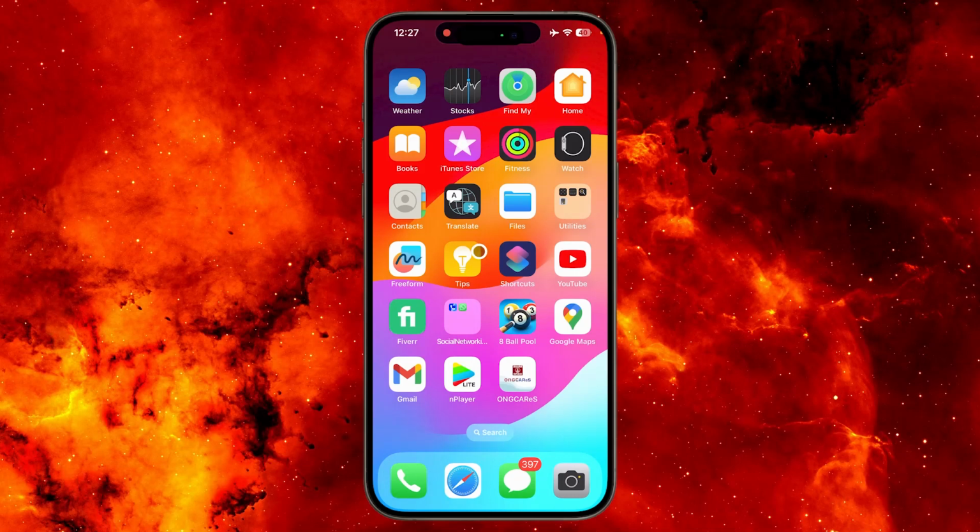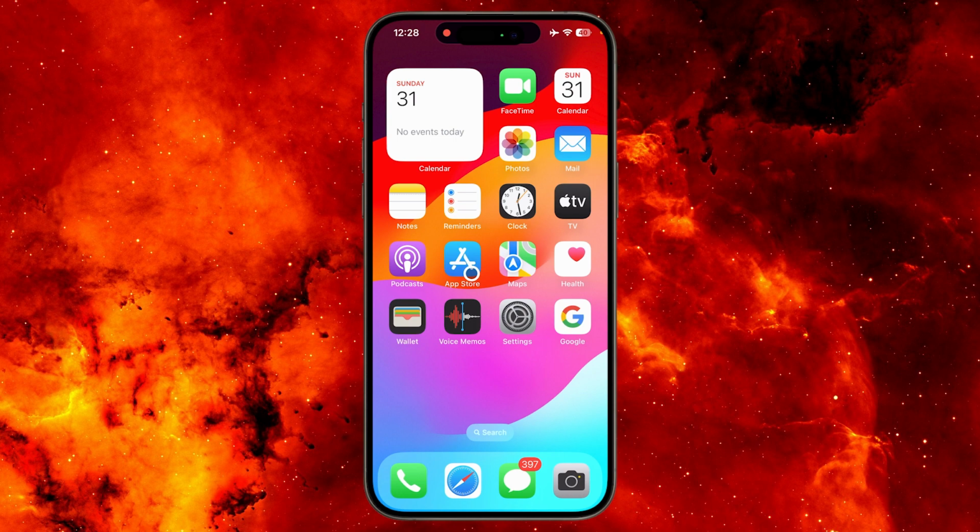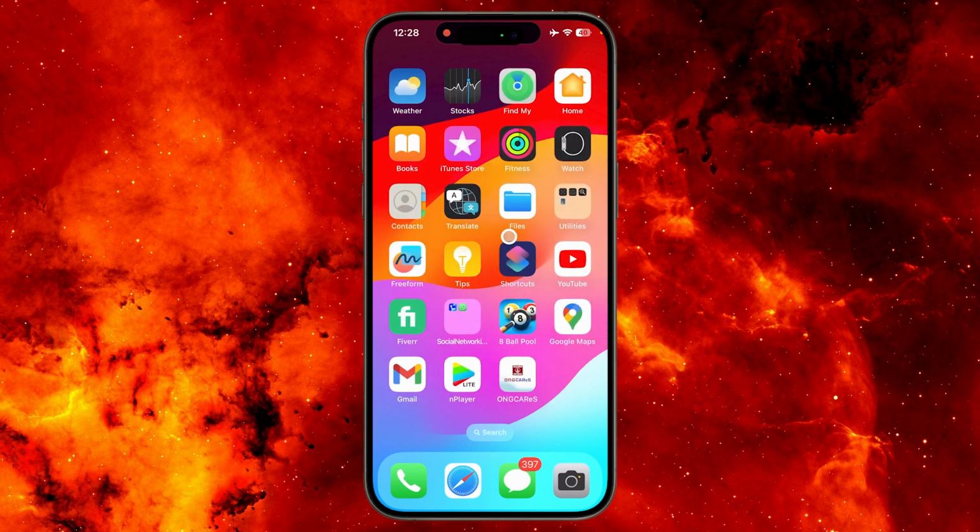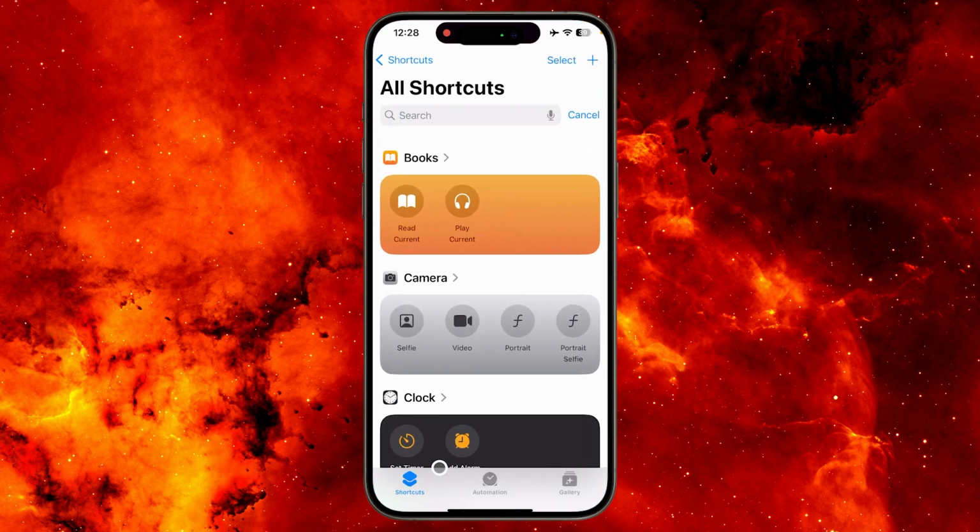Hello everyone, today in this video I will teach you how you can lock a specific app or multiple apps on your iPhone. So for that you need this application called Shortcuts. If you don't have it, then you can download it from the App Store, but by default your device will have this app anyway. So first you need to open the app and then go to this option called automation